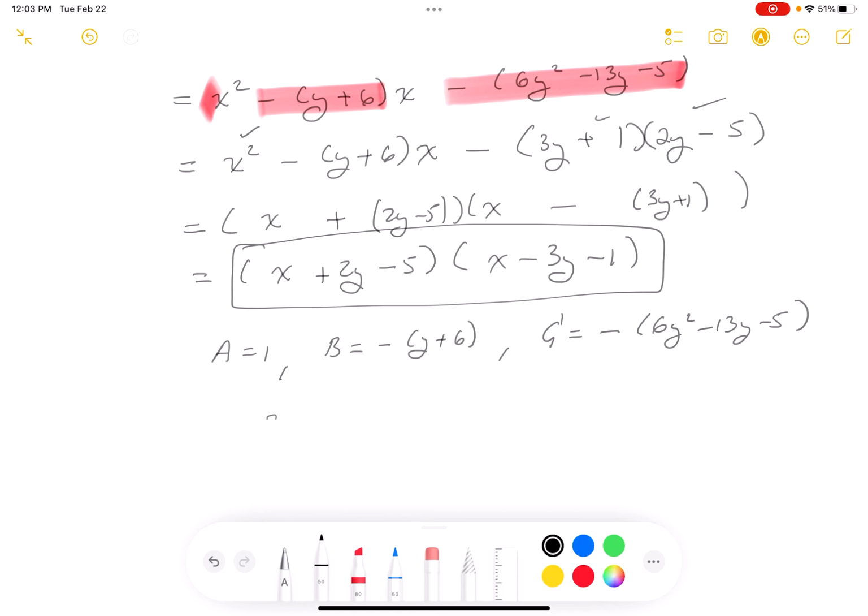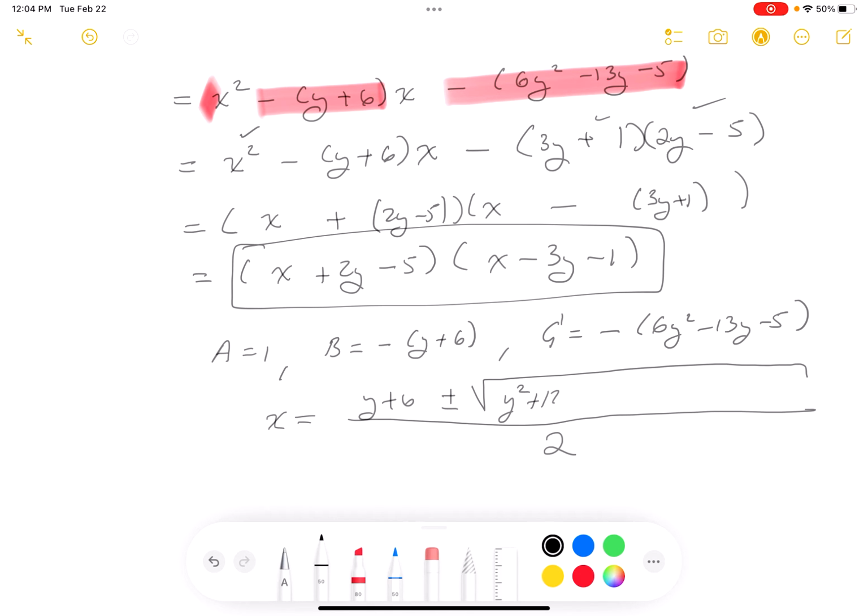So what do you get? I got a and b. What goes on the bottom? Twice the a. That's 2. What goes on top? The opposite of b would be y plus 6, plus or minus, and this is tough. I'm not saying it's going to be easy, but I got to do the b squared, and the b squared would be y squared plus 12y plus 36, and then it's minus 4ac, and I'm seeing that as, let's see,